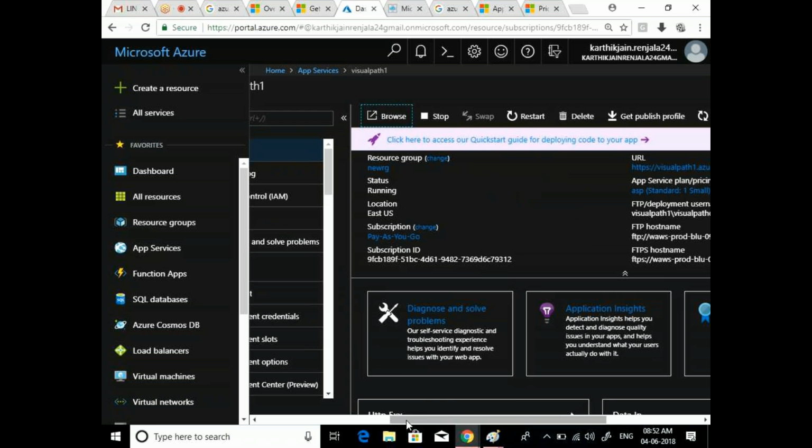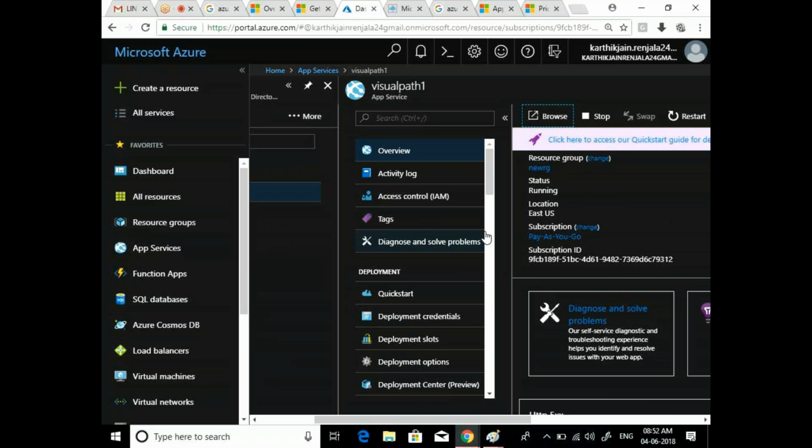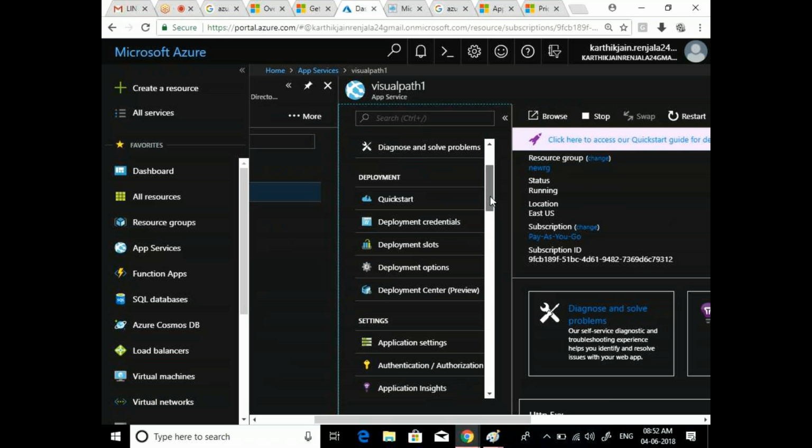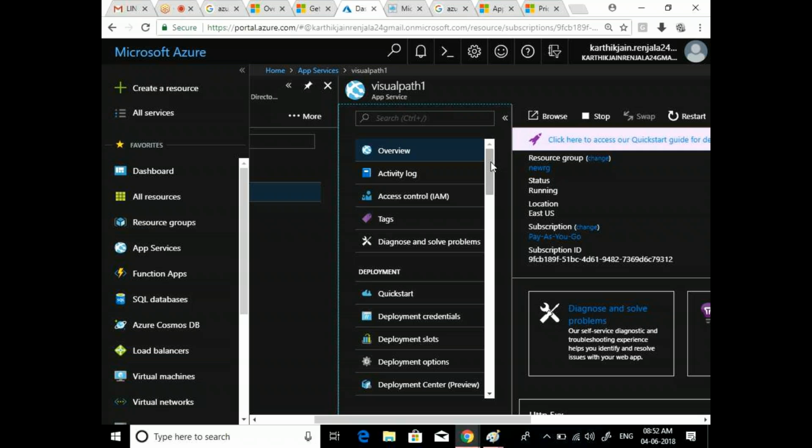So this is all about apps for today, and tomorrow we'll see in detail the concepts of apps, how to take a backup of it, how to monitor this, and how to see small changes. Let's say some developer has done some changes to this app, and how can I trace that particular log? We will also see that by using Application Insights. We'll see a couple of options in tomorrow's session. This is a basic overview of how to create the apps. If you have any doubts related to today's topic, you can ask me.